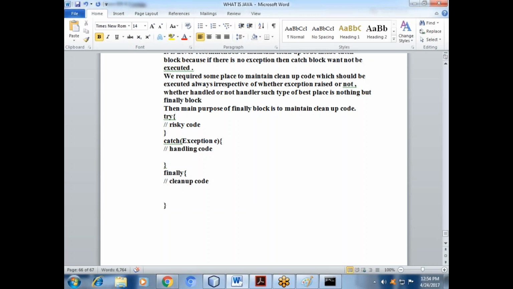The finally block will be executed always, irrespective of whether an exception is raised or not, handled or not handled.